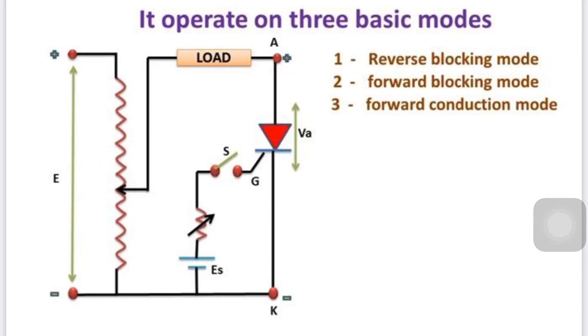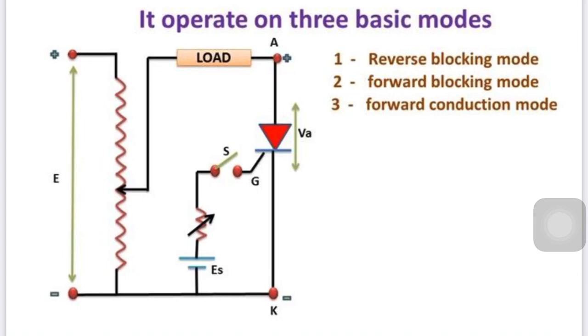If the anode to cathode applied voltage exceeds the breakover voltage, then, as I told you before, although we are applying the anode to cathode voltage, there is some leakage current flowing, and if the device is made of silicon, the threshold voltage is 0.7 volt. After 0.7 volt it will try to conduct. So, if the anode to cathode voltage rises up to the breakdown voltage, it conducts heavily, so the SCR turns on, and the anode to cathode voltage decreases after turn on.